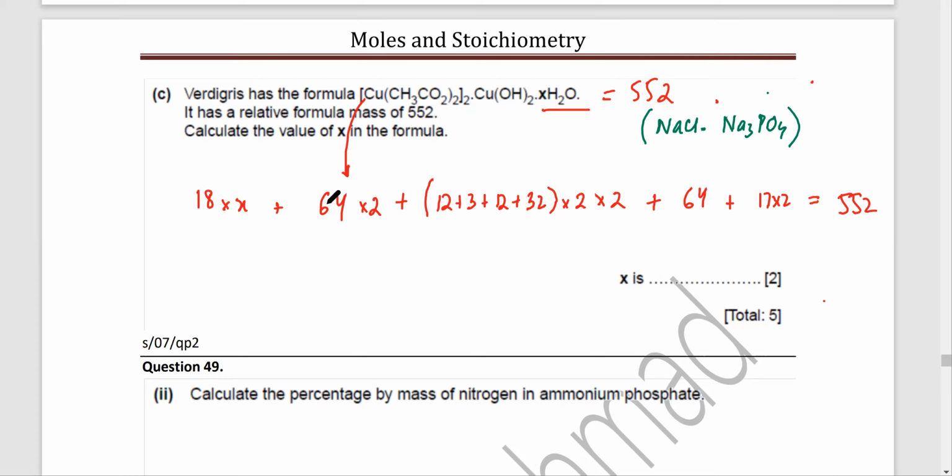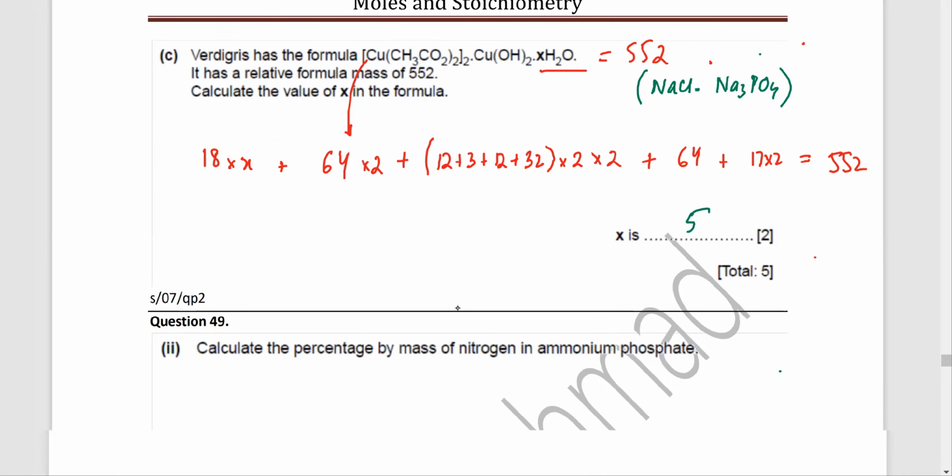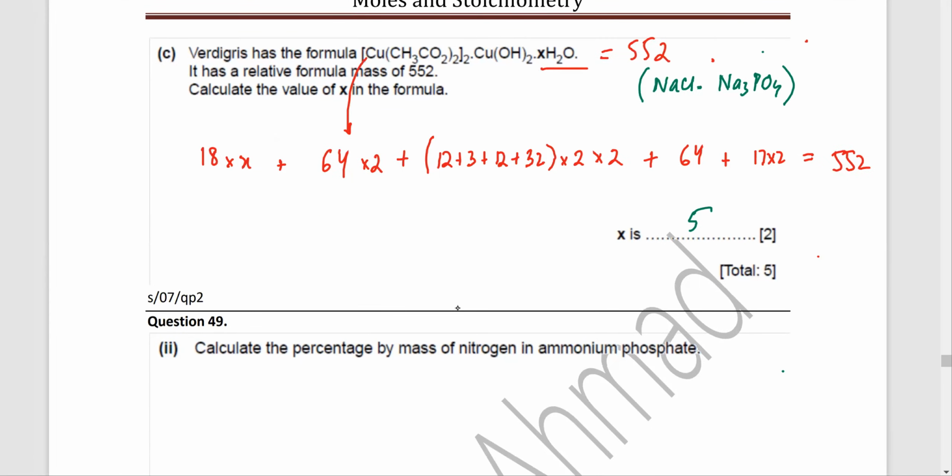So has anyone been able to solve this? There would be 5 H2Os. X is coming out to be 5. ठीक है, that looks like Yes. It's coming out to be exactly 5, right? Yeah. So ठीक है, that looks like a reasonable answer. So you might get questions like this. ठीक है, बाकी भी try कर लें. Make sure you're able to solve this. ये worksheet मैं send भी कर दूंगा.